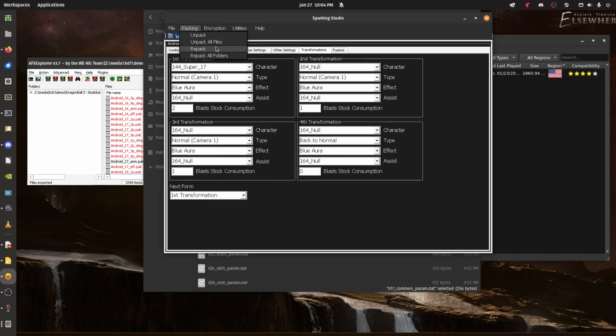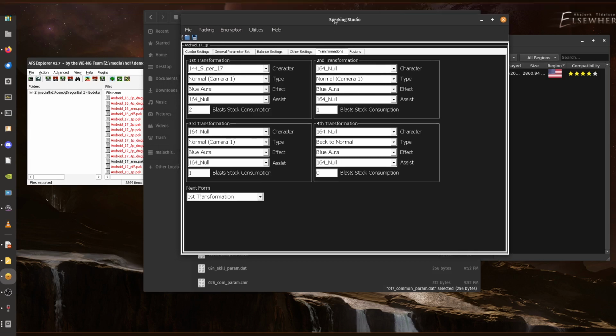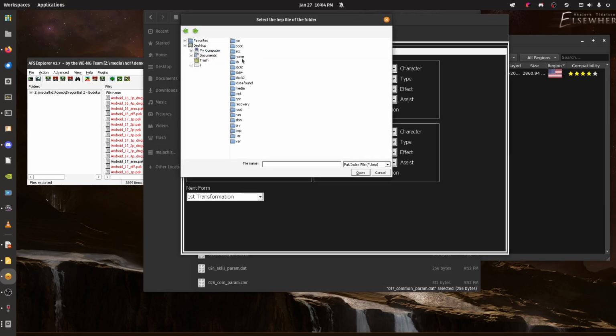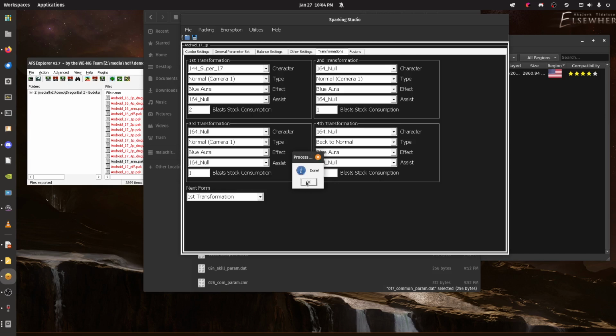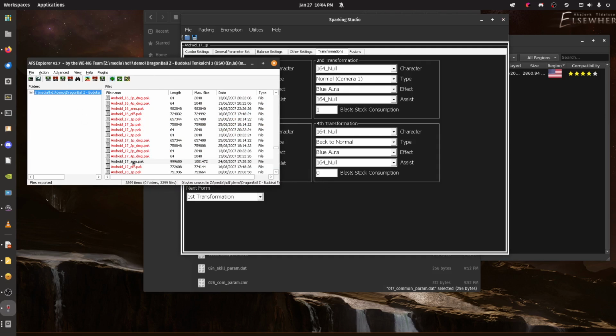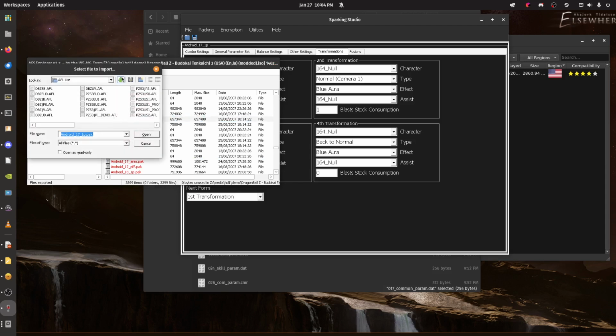And then to get this back into the game, when we opened up the file in Sparking Studio, it unpacked the file, and now we need to repack it. So I'll navigate back to this directory where I was keeping everything, and then I'll repack it there. And then over here, I'll import the file,